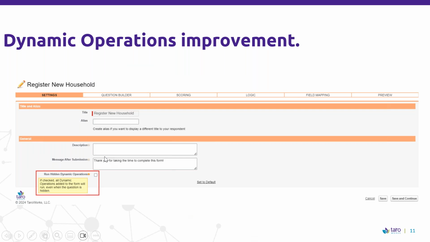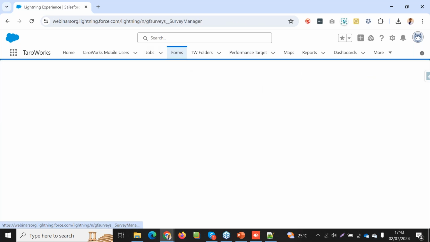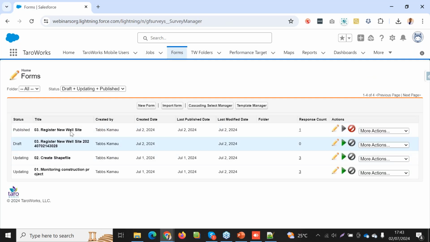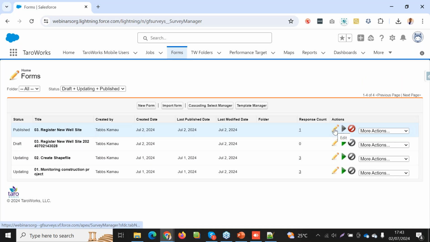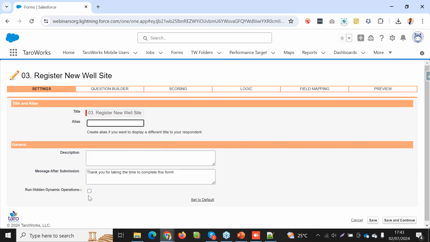Then the other nice feature is the dynamic operations improvement. With dynamic operations, we have a new checkbox called Run Hidden Dynamic Operations. This is added at the form level to specify whether the dynamic operations should run or not when the question is hidden. Let me show you where we set this up. I don't think I have a form with dynamic ops, but we would set it up when you're starting the form here,